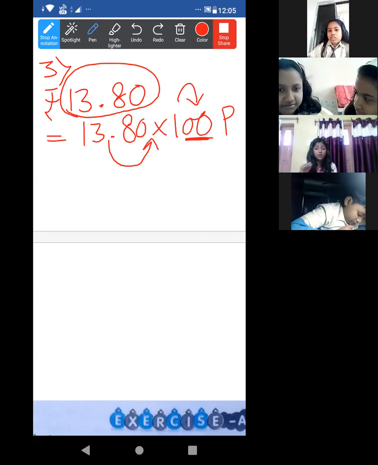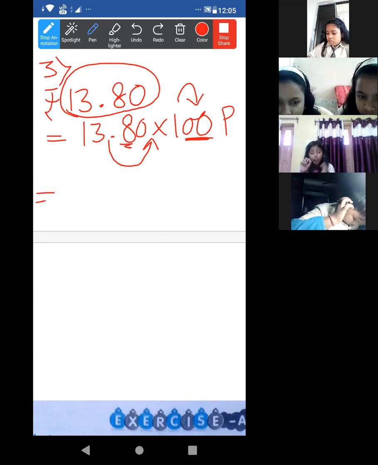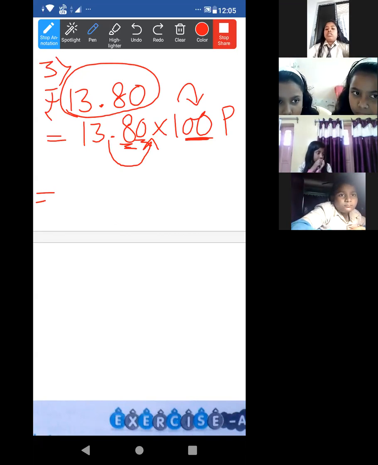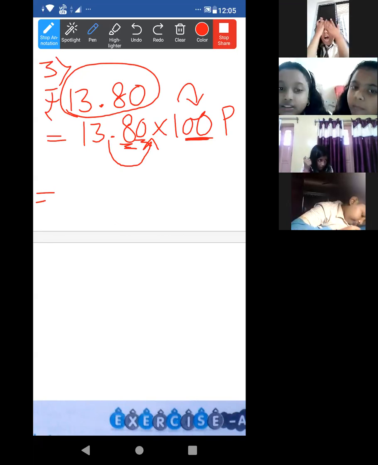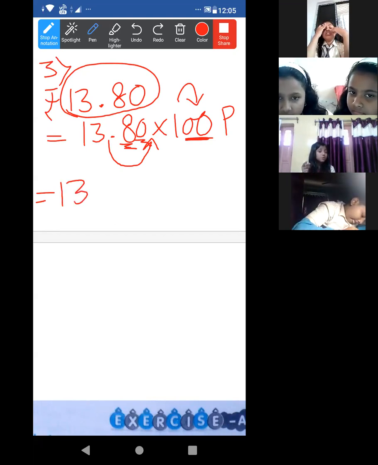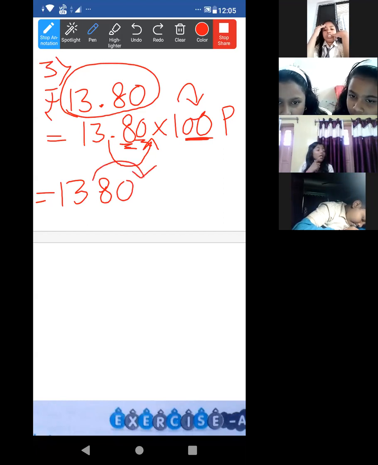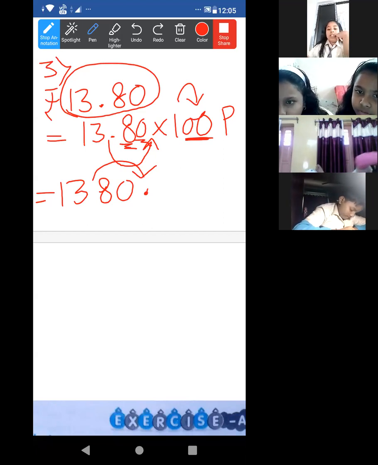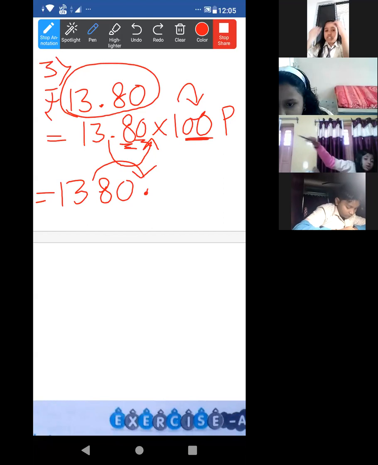Okay. Now, look. Already one place is this 8. Another place is this 0. Yes, Obhipsha, Parijat. Okay. So it will be 13, then 8 and 0, because the decimal point has already come here too. Yes, though. It has already come here. Moved. Yes or no? Shake your head. Oishani, understood?